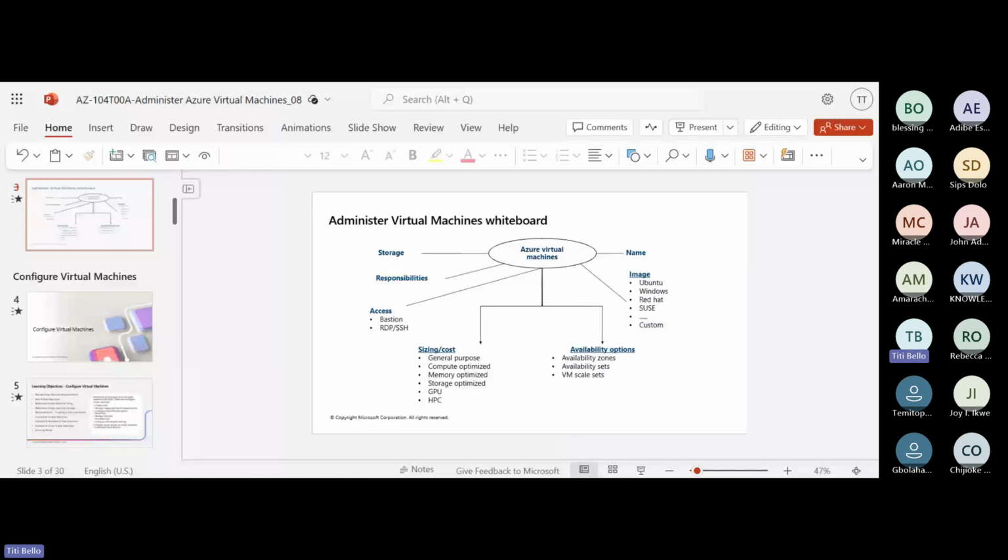When we refer to what a virtual machine is, can anybody give me an idea of what they think a virtual machine is? Anybody? You can unmute. Just one minute. Okay, so quickly,